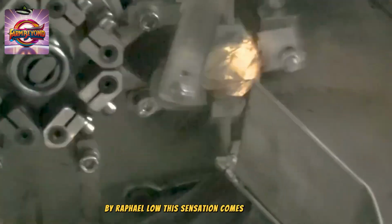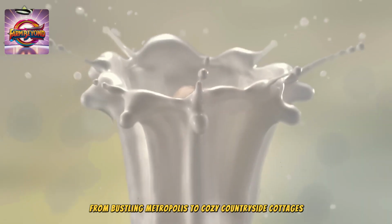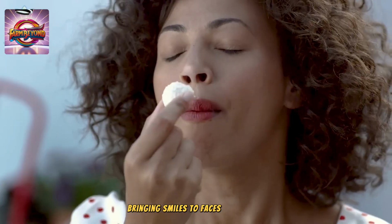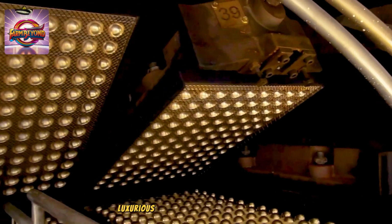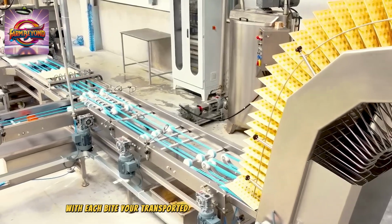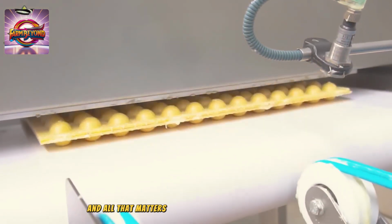This sensation comes all the way from bustling metropolises to cozy countryside cottages. You will find these creamy confections bringing smiles to faces everywhere. It's the perfect combination of exotic flavors, luxurious texture and absolute indulgence. With each bite you're transported to a sun-drenched island paradise where worries melt away and all that matters is the